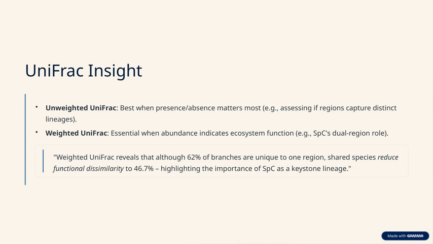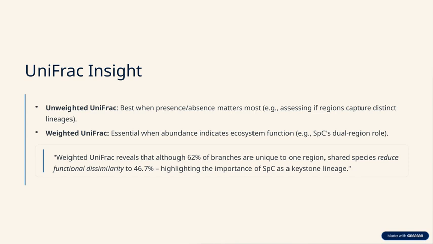On the other hand, weighted UniFrac becomes crucial when abundance actually influences ecosystem function. For example, in our case with SBC, the dual region role highlights how the abundance of species can impact ecosystem processes. Now, what's really interesting here is that even though 62% of the branches are unique to just one region,